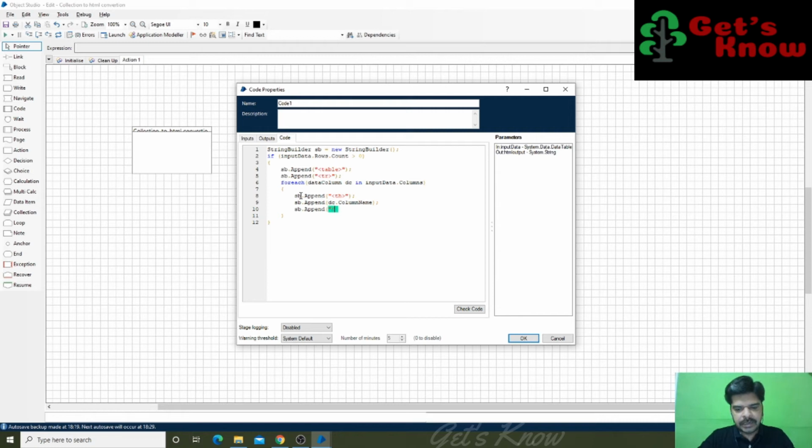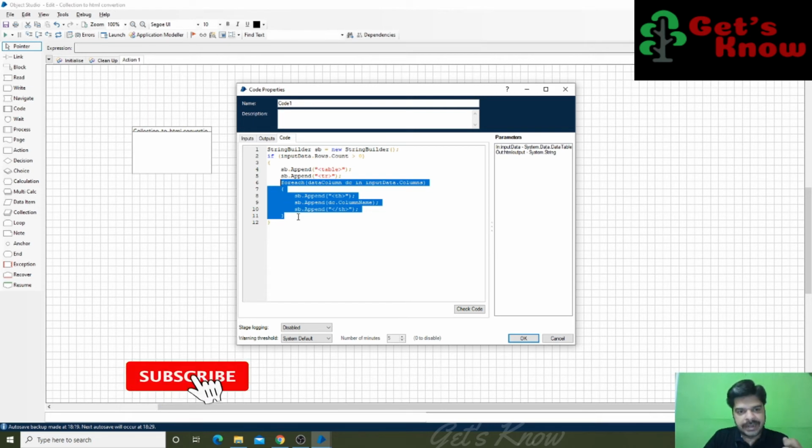At the end of each statement we have to give a semicolon because we are using C#. Once this foreach loop is completed, we will have all the headers.